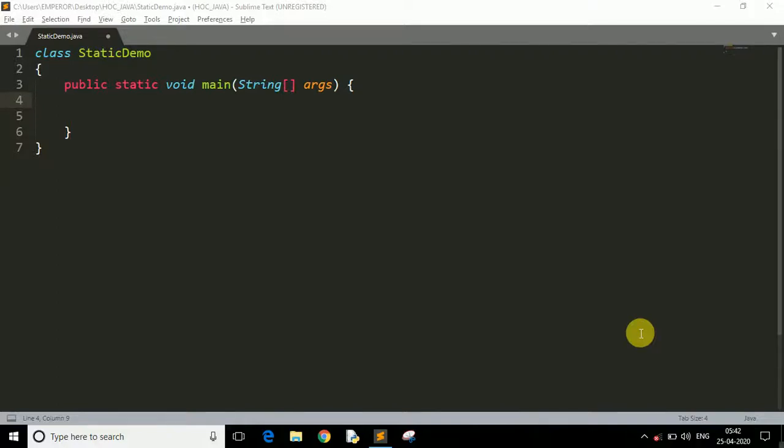So in our previous video we discussed constructors, and in today's video I will discuss the static keyword, where we can use it and what the purpose of using it is. Okay, so let's begin. So here, as you can see, I have created one class, StaticDemo, and I have